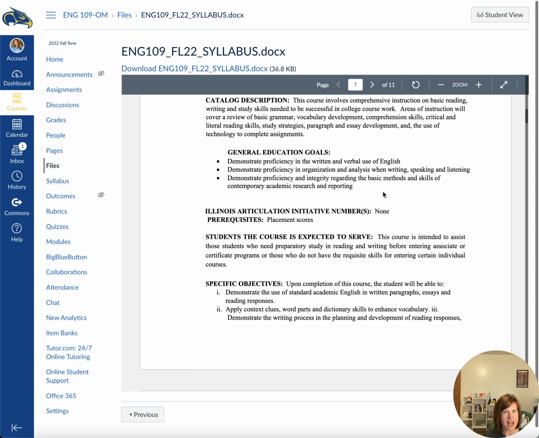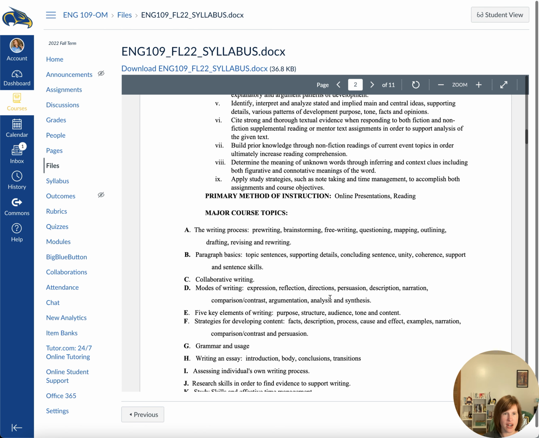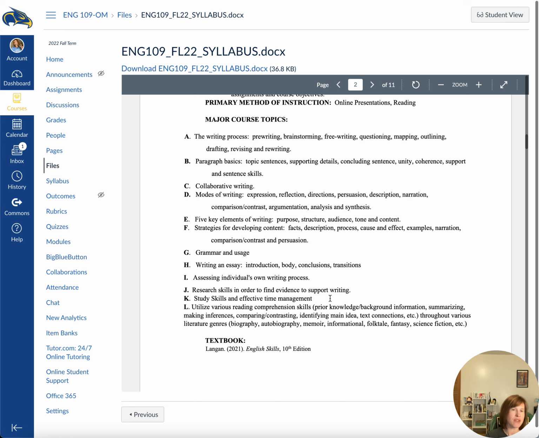So we're going to hone those writing skills, the development skills to create paragraphs and essays. We're going to go over grammar. We're going to talk a little bit about MLA, but not too much because you'll spend more time with that in English 121. But this is basically to help you be proficient in writing at the college level, right? And you can go through there. So we do this through a variety of different means. We do this through writing papers and essays, but we also do it through discussion forums and examining and doing textbook assignments as well as grammar reviews.